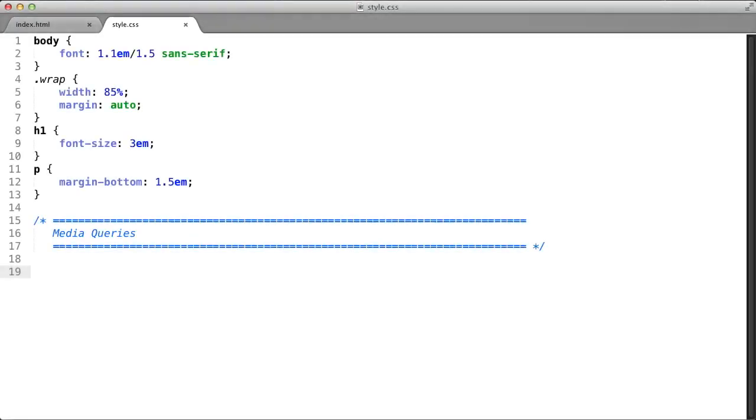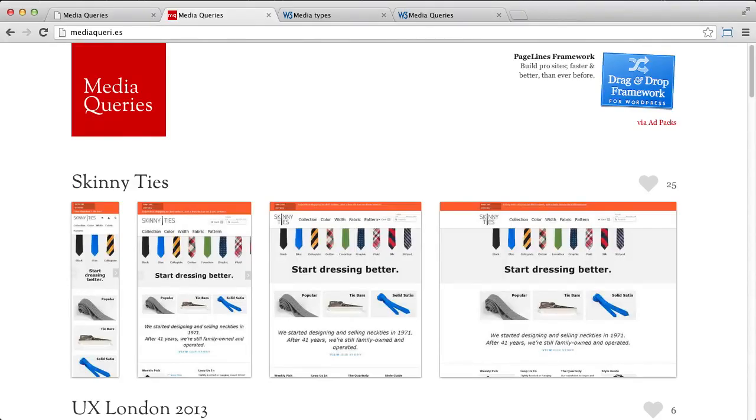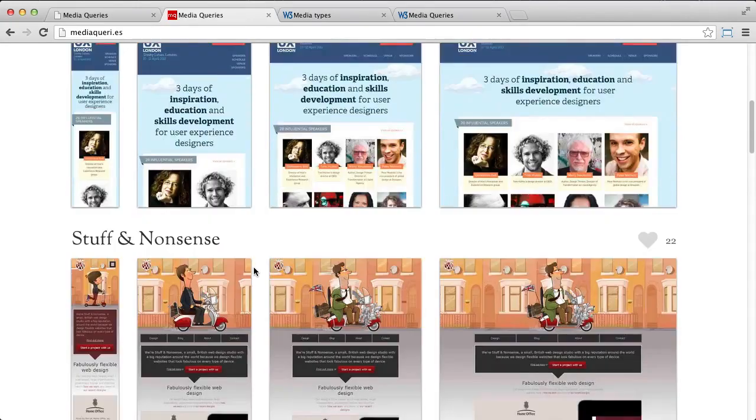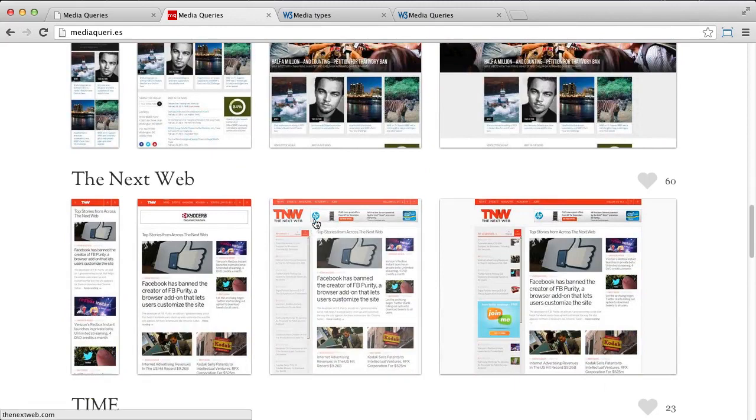Okay, so let's start by taking a look at a few good examples of media queries being used on some popular websites. So I'm just going to go to the site mediaqueri.es, or media queries, which showcases sites with good use of media queries. So for example, I'll go ahead and click on the